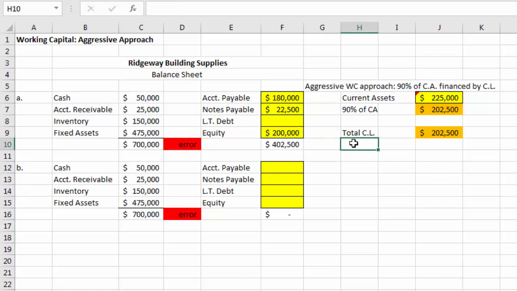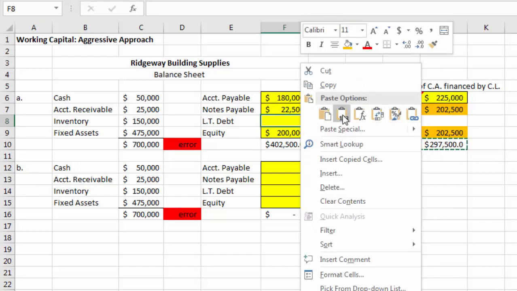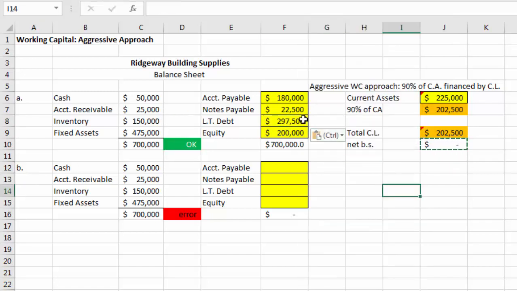So the net difference in our balance sheet. Oh, and I just realized I made a mistake. I had a circular reference in here. So let me just go ahead and calculate my net balance sheet difference, which is total assets minus total liabilities. And then I'll plug that value in, just the value. There we go. Right, so that's what the aggressive working capital structure is going to look like in that scenario,